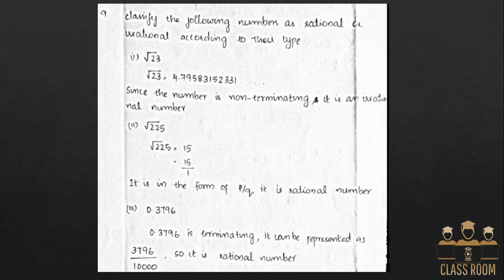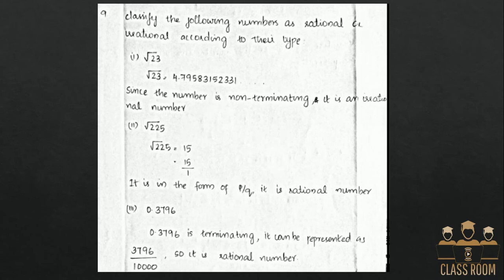So if some numbers are given and you are asked to find whether it is a rational number or irrational number, what you have to do is first analyze the number. While analyzing, in the case of a root number, if you can find the square root completely, then it will be a rational number. If you cannot find the root completely, then it will be an irrational number. Then for a decimal number, just analyze that number, and if the repeating comes, then it will be rational number. If there is no repetition, it will be irrational number.